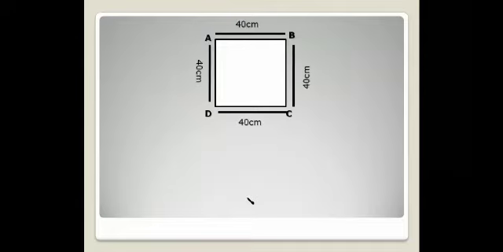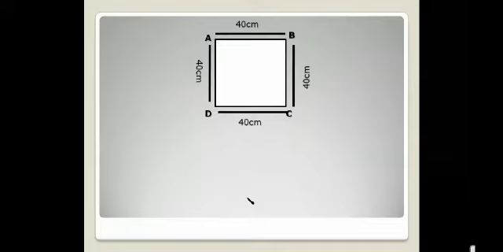Now we'll go in for a square. Now what example I gave you, that was of rectangle. Now we'll measure for a square. Now you can see the picture of the square now. So now we'll write the alphabets for the four corners, that is A, B, C, D. You can write any alphabets provided they are in the series. Okay. Now what is the measurement for this? 40 centimeters. Now square means all the four sides are equal. So if one side is 40, the remaining three sides also will be 40.